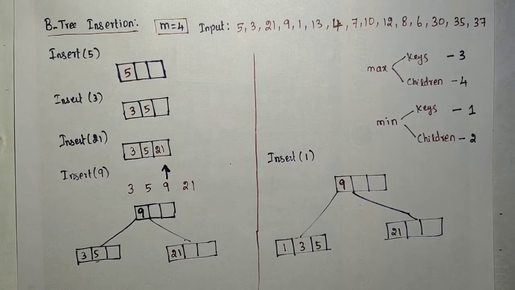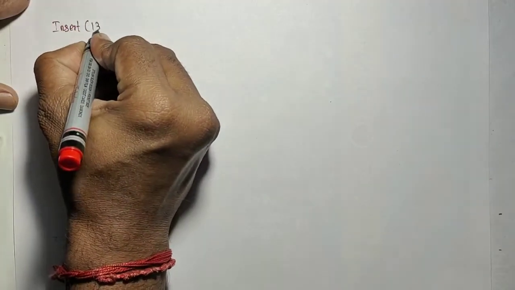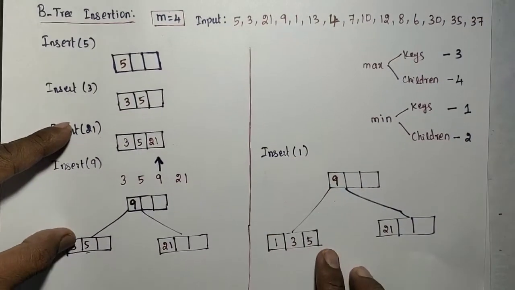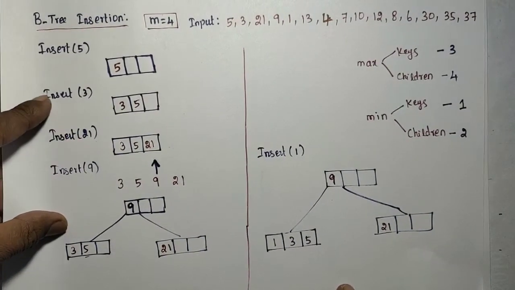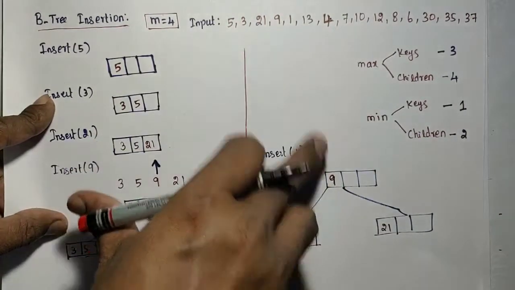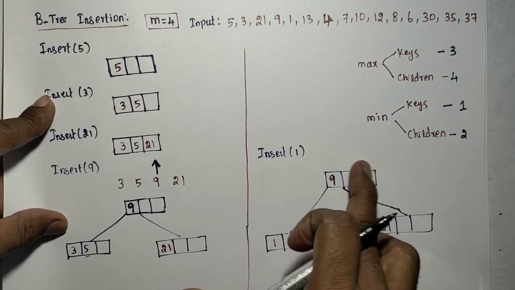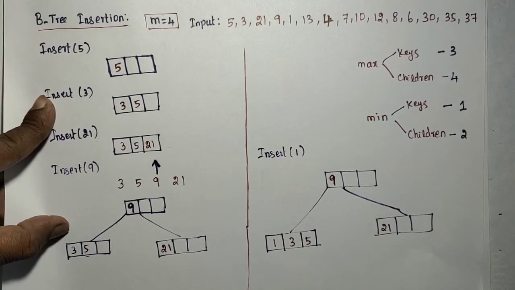Then I need to go for inserting the 13. So insert 13. We have inserted 5, 3, 2, 9 and then 1. With this tree I want to insert the 13. Again I need to look for the leaf node, compare, starting from the root. 13 is greater than 9, so go to the right. Don't store the 13 in the root itself. I can insert the new element only at the leaf.